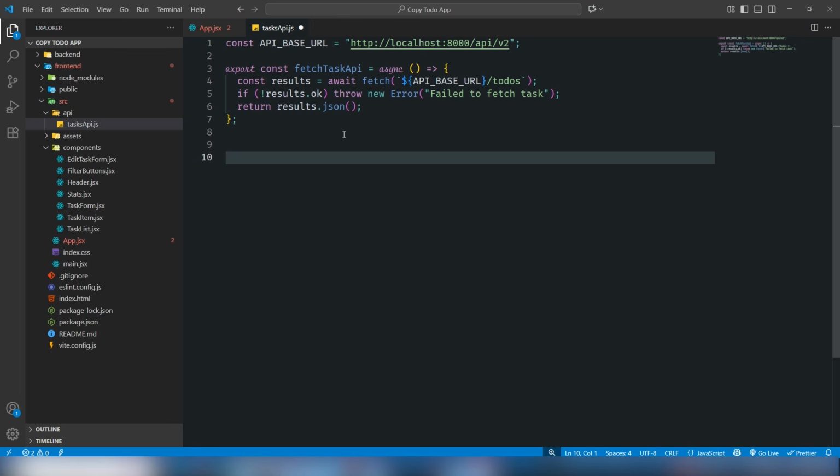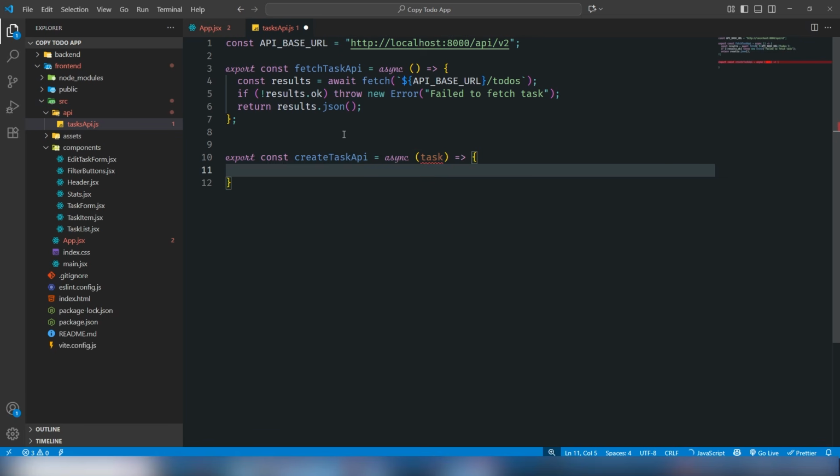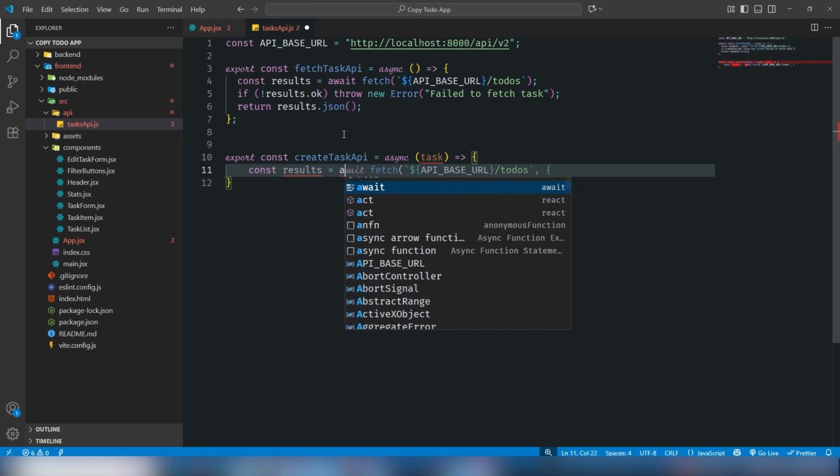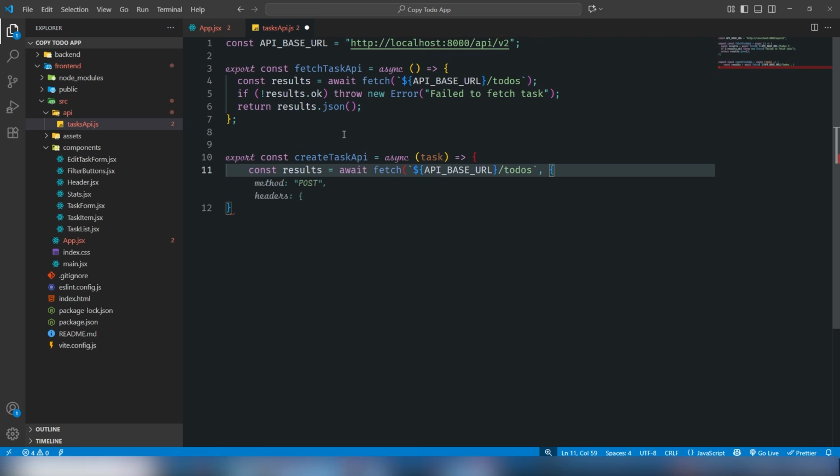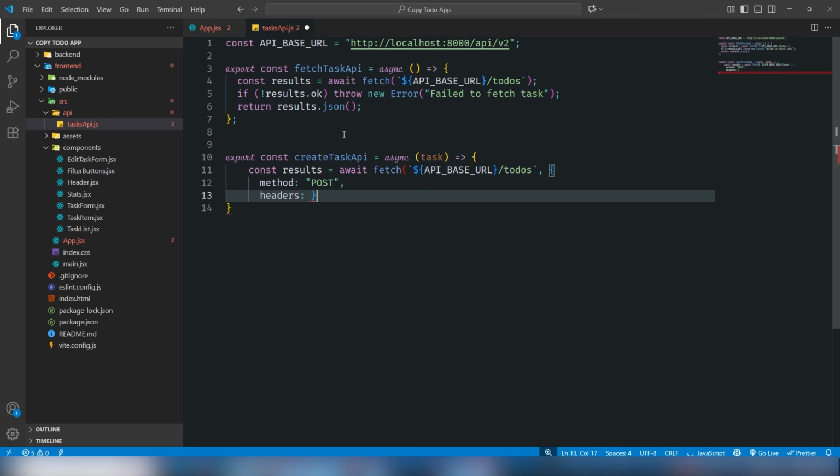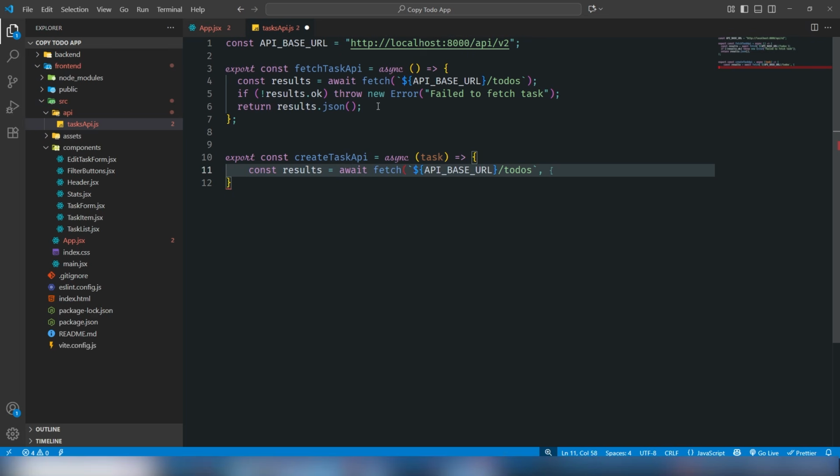So just use same thing, export const createTaskAPI like this, and const result await fetch, and yeah, we will use, give me a second, it is very important, guys. So in my previous function, I do not use the method which is used to get the data, but inside the post, inside the create